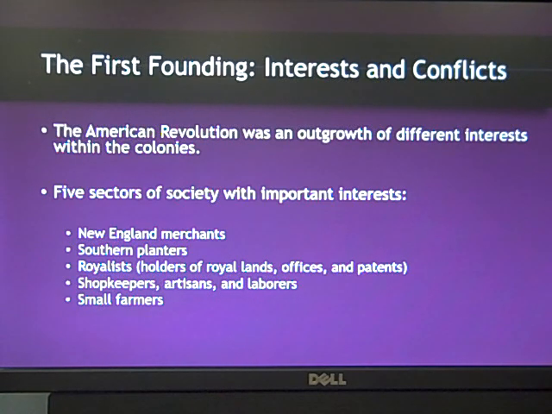Now, obviously, at some point in this course, we'll argue over whether or not those ideals have actually been achieved, or to what extent those ideals have been achieved. But that's what the preamble to the Constitution does. It outlines the actual goals, right?